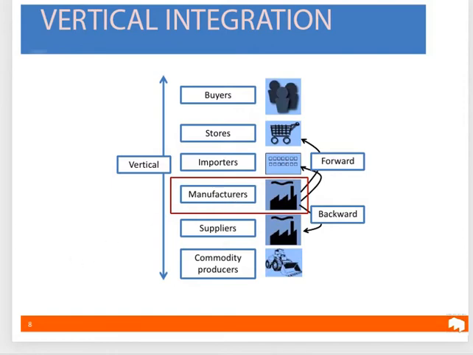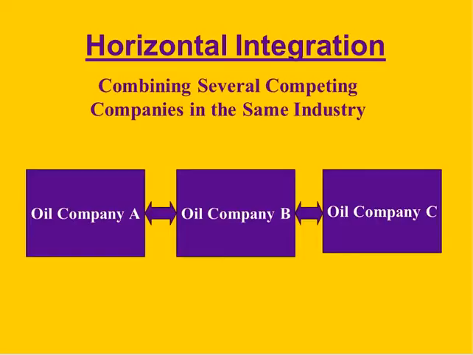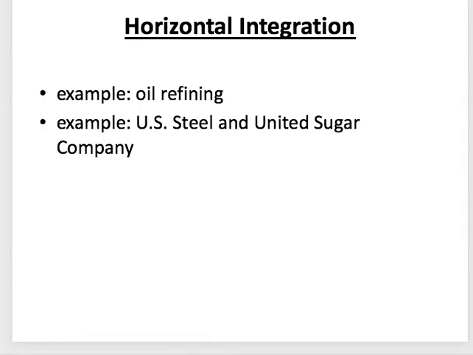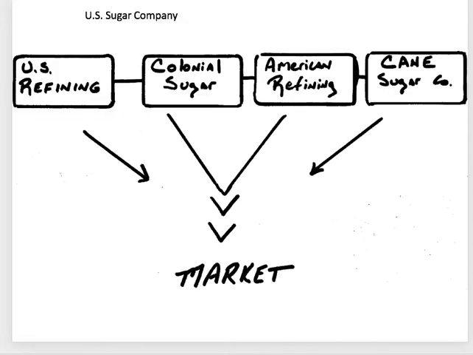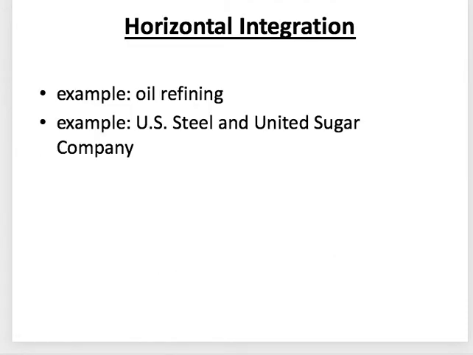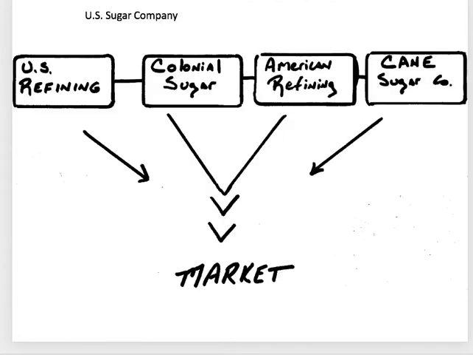So let's go back to our horizontally integrated slide here. So if we want to think about what horizontal integration is, the key areas that we're going to look at are oil refining, U.S. Steel, and also United States Sugar Company. And again, I think it's good to look at U.S. Steel because it demonstrates that steel was an industry that vertically integrated, but then it also horizontally integrates. So let's start by thinking about, I guess we can look at sugar, right? So if we look at the U.S. Sugar Company, what you see here